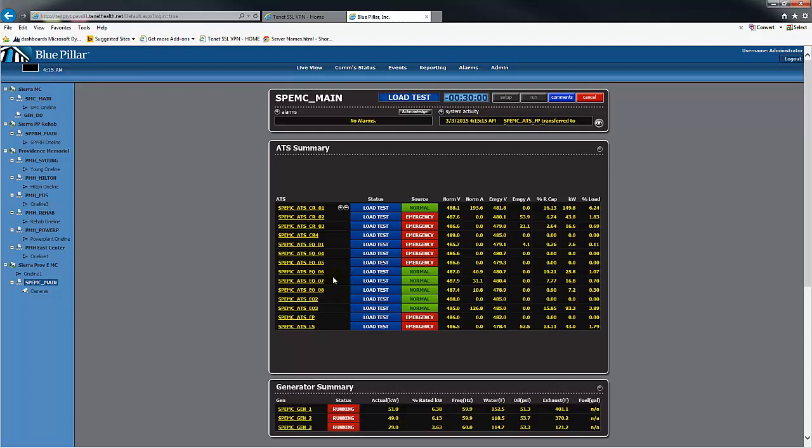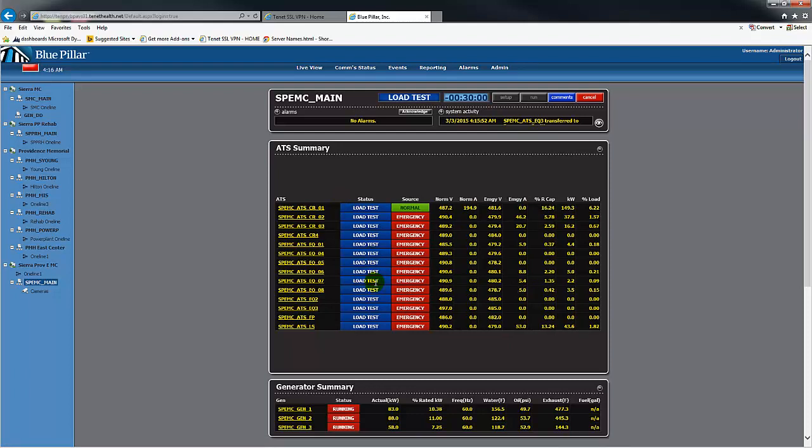So until we see that all these other ATSs have switched over to emergency, we can then hit the plus sign right next to ATS CR01, so that we send that command to ATS CR01. It's very important, it's crucial that we wait until the end. And then once we confirm that all the ATSs have switched over, we go ahead and include ATS CR01. So let's click that plus bubble,